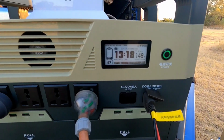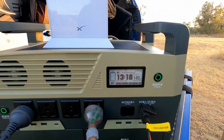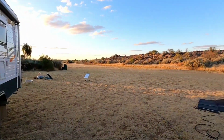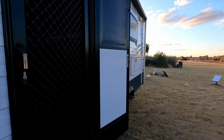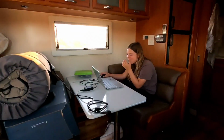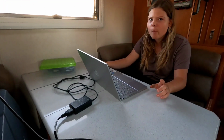Well, isn't this crazy? We're still sitting at 67%. This is what we're drawing. We're in the middle of absolutely nowhere, and I'll show you the reason we're drawing this. The sun is gone now, so there's no more on the solar panels. And what do we have in here in the middle of nowhere? Wait, what's this? A wayward teenager on a laptop